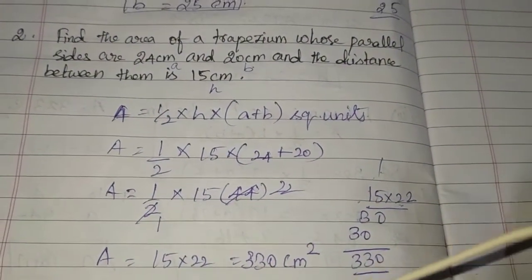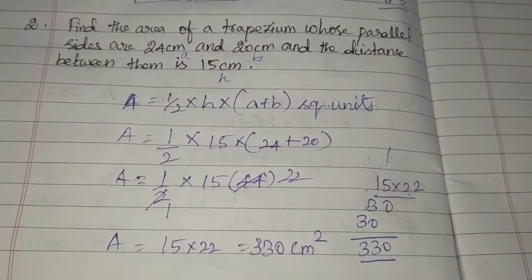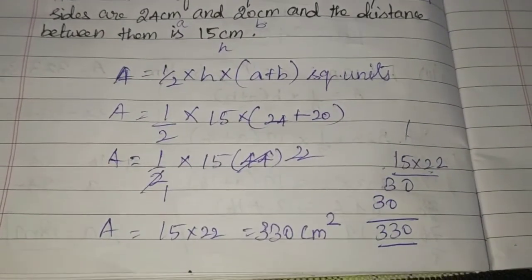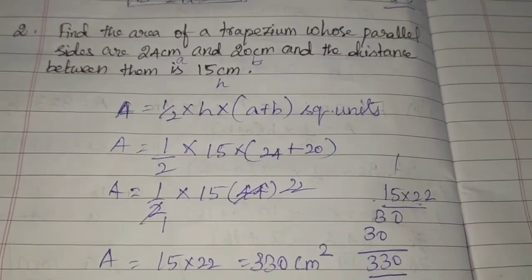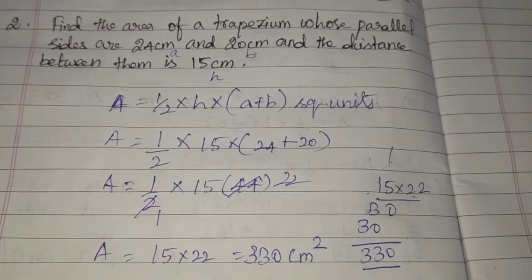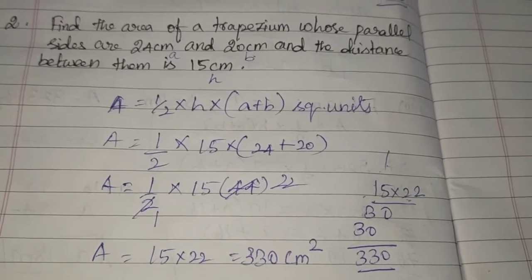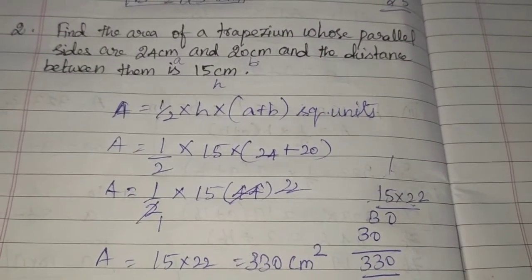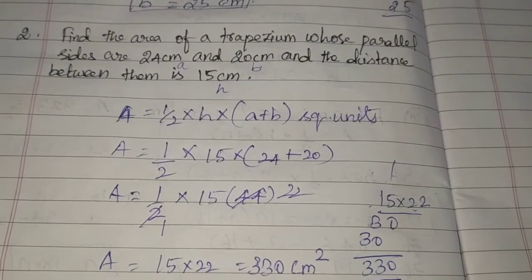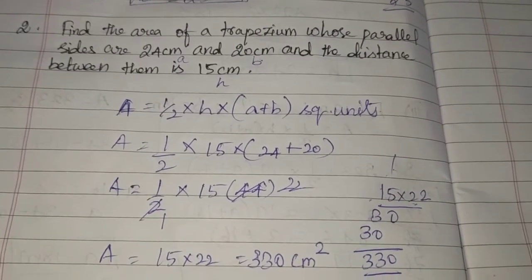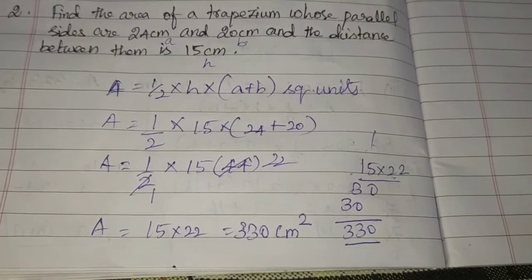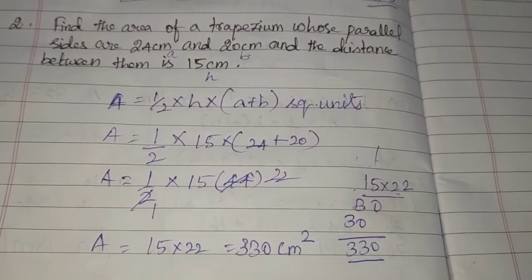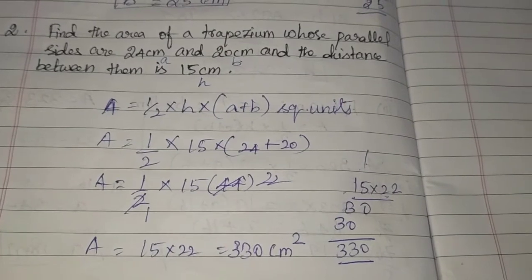Okay, so children, listen carefully. I am going to skip that third sum, fourth sum, fifth sum, and seventh sum. All the sums are in the same pattern, so we don't want to waste our time. So I am just going to teach you the sixth sum. Don't worry about that. You just see, write and learn whatever I am teaching you. Don't get confused.